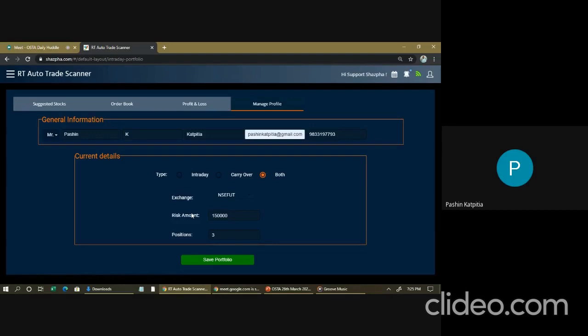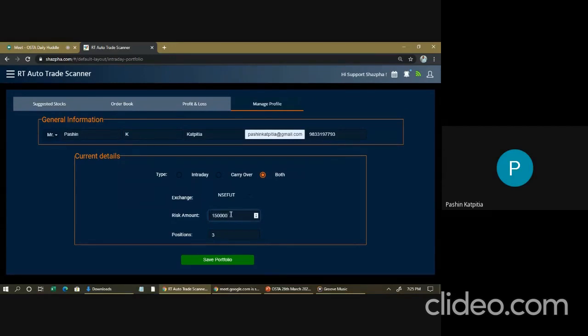Now what is one cycle? I am ready to take 3 positions. So in 3 positions, I can lose 1,50,000 rupees. Are we clear on this?